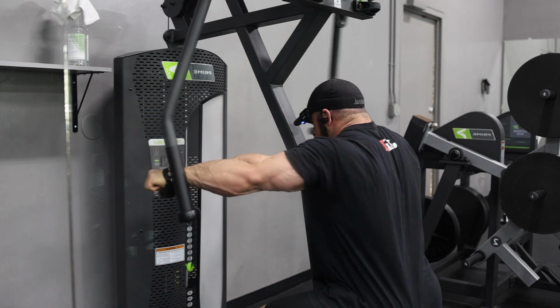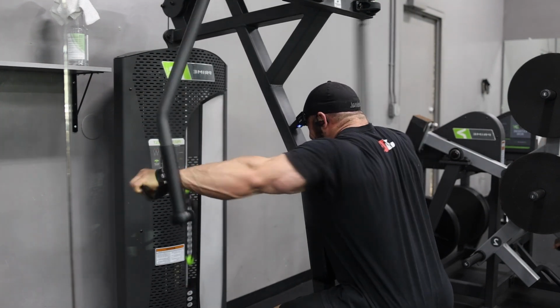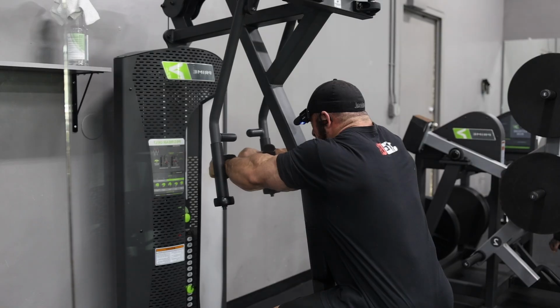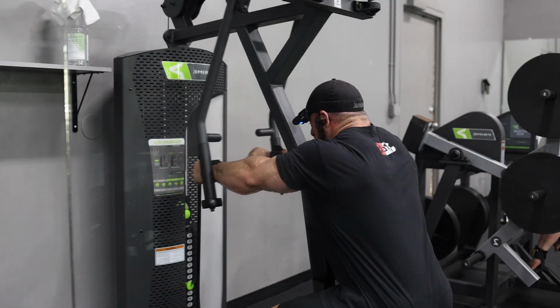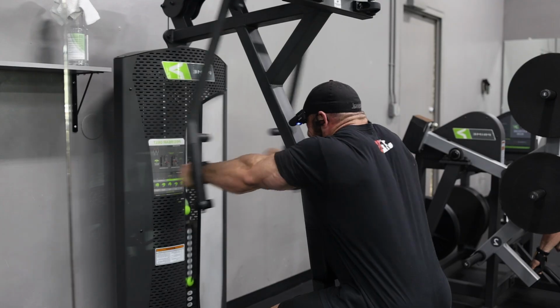And you'll notice I don't grip it with my hands just because I have a little bit of tennis elbow going on. So I just take my hands out of it, one less thing of overuse, and just have my wrist straps going against it. So I will move on next to,